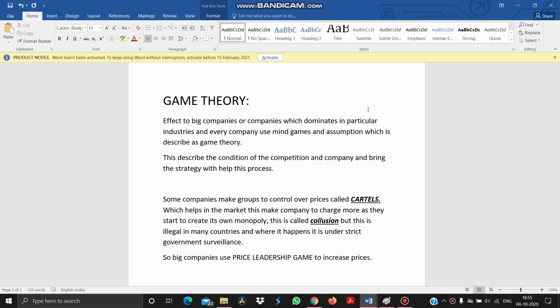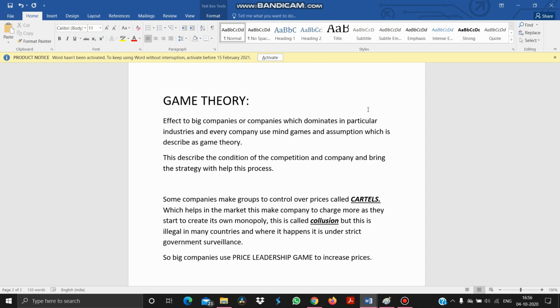So game theory is very important for companies. It tells them what is going on in the market, how the market is growing, how to get the prices where they want. This is called game theory, and it's a very tough way. And many companies join together to keep a fixed price to maintain their profits.